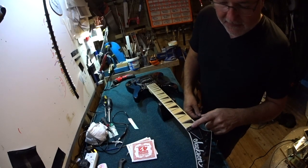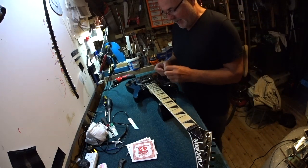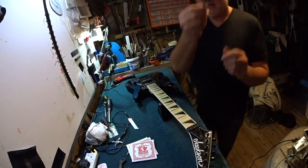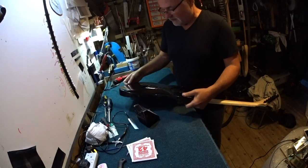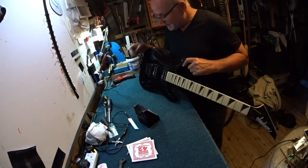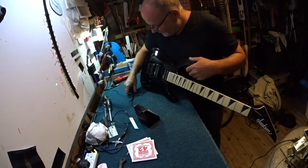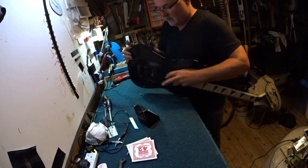We've reduced the first fret action with this, and we're going to work it from here. Now, what I recommend you first do is you get yourself a little block of wood, and the little block of wood has to be big enough, the right size, so that when you bend your tremolo down,